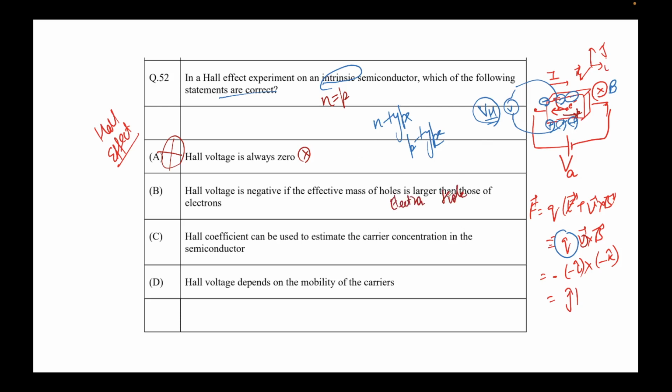Electron and a hole: Q is the same for both, and B is the same for both. I'm writing down the formula of Hall voltage so that you can follow it easily. VH is equal to BIT over NQA. Okay, I'll explain. B is the magnetic field, I is the current flowing through the semiconductor, T is the thickness